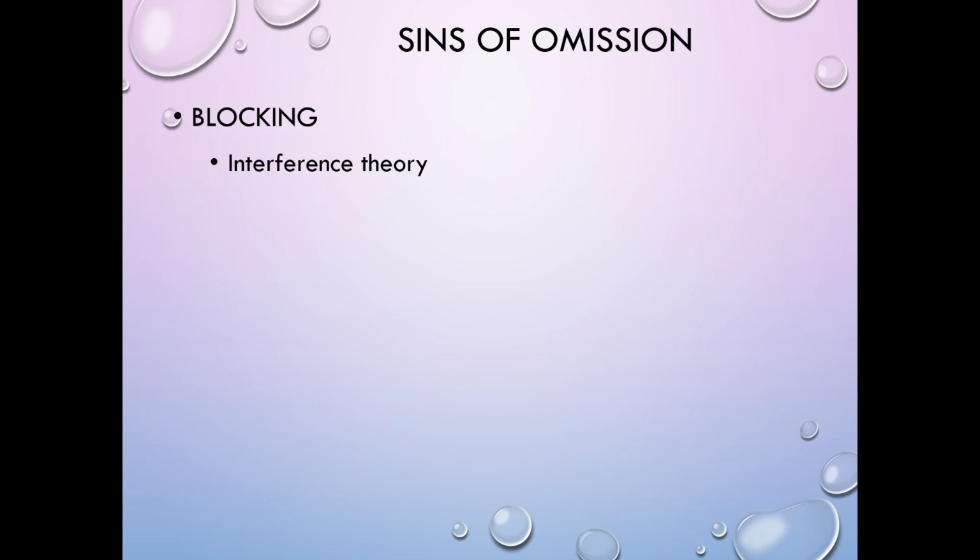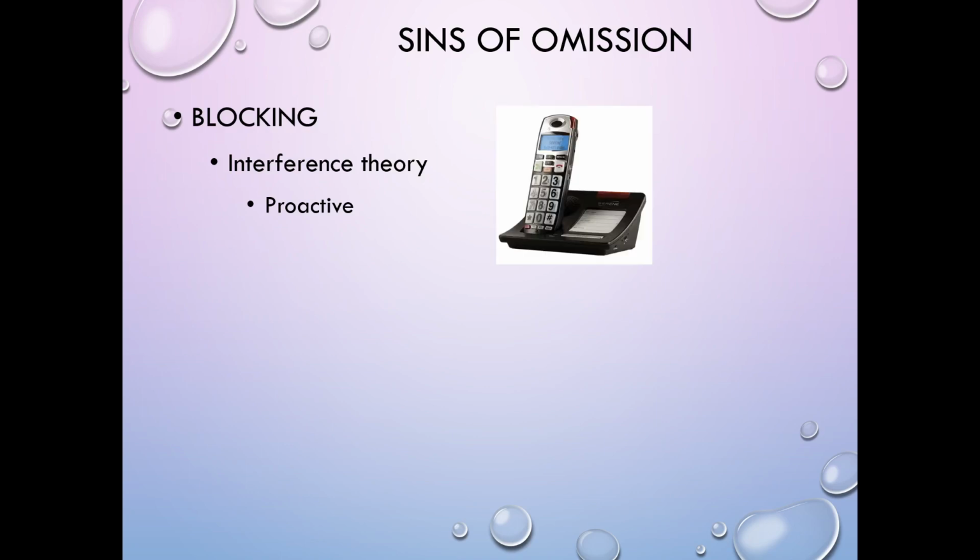Blocking. Okay. So sticking with blocking, we have motivated forgetting, but we also do have interference that can occur in our memories. So when you're trying to retrieve information, incorrect information may offer itself. One example of interference would be what we call proactive interference. And this is where